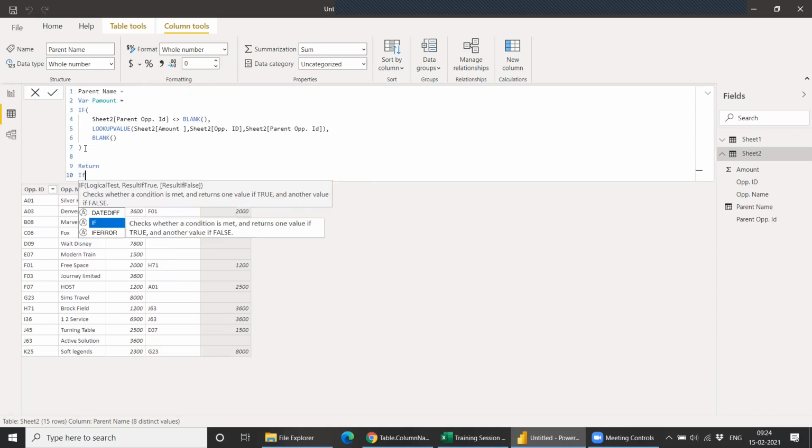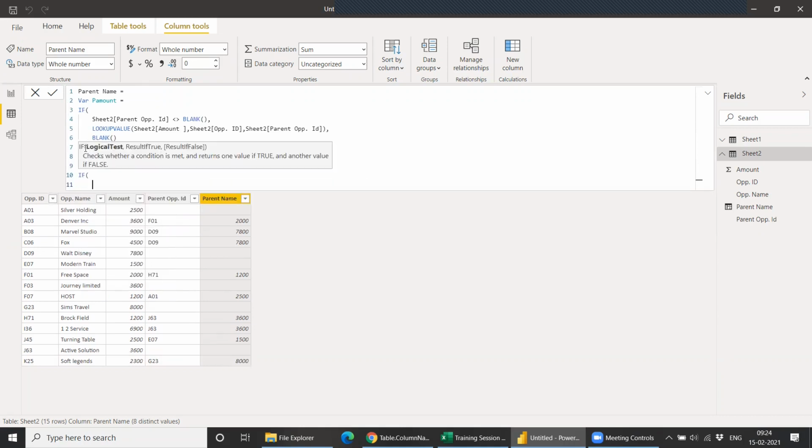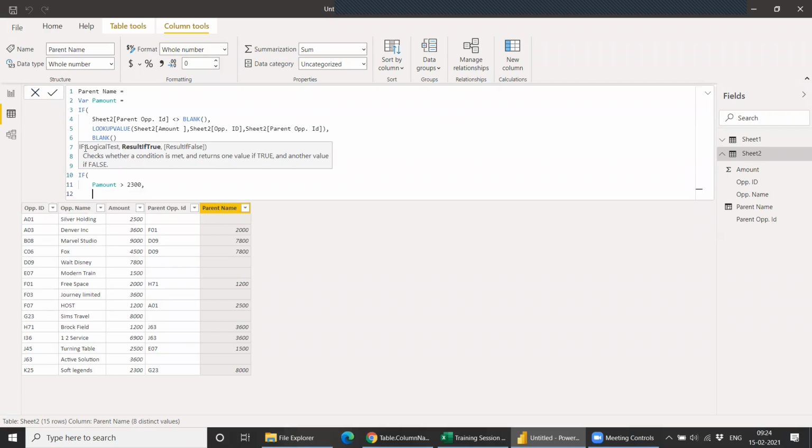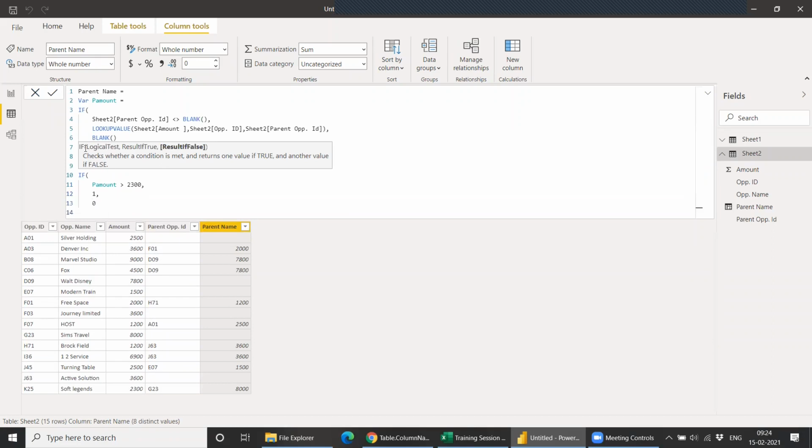Now we'll check if the variable which we created, the amount, is greater than, let's say, 2300, then we'll give 1, else we'll give 0. So now it will just give us 1 and 0 values. So 1 means it's qualifying the condition, and 0 means not qualifying the condition.